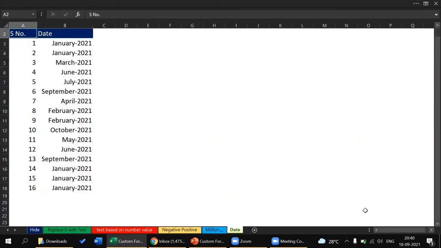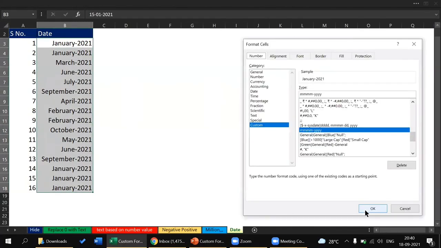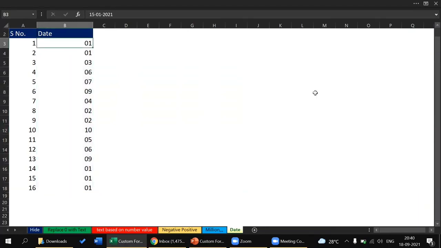Now, let's jump to the last of our tricks. In this trick, we will see how we can use custom formatting to modify dates. These are a list of dates. If you want to get only months, you just go to custom formatting and type 2 Ms, and you will get only 01.